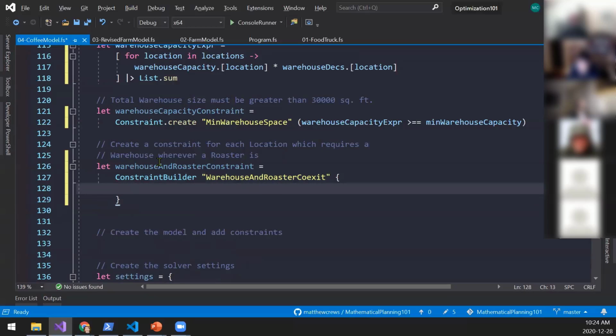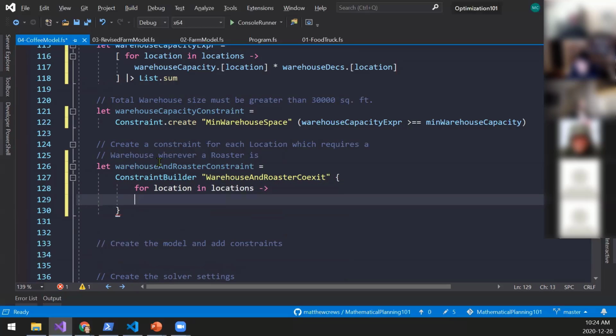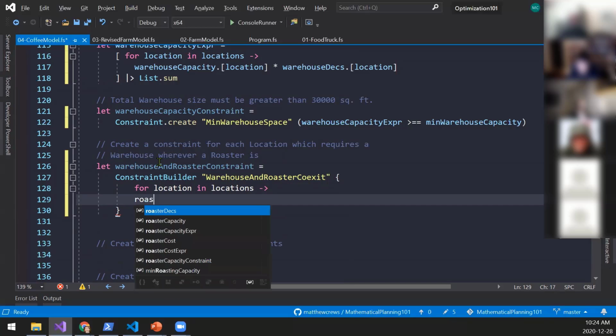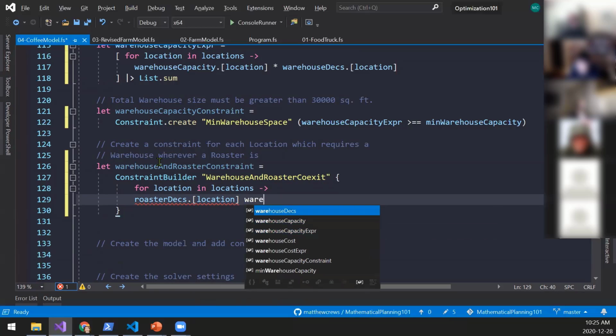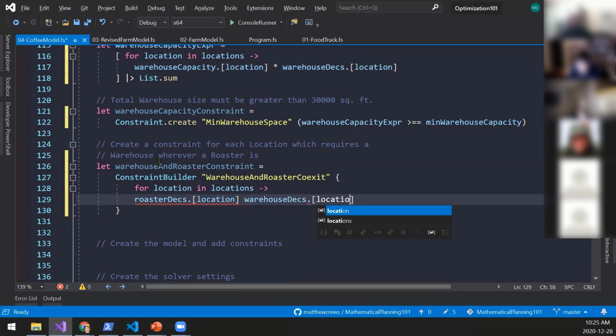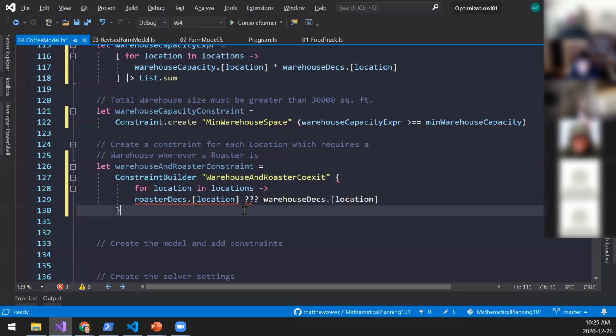How is this going to work? So I'm going to say, for each location in locations, I want to create a constraint. In this case, if I have a roaster decision at a location, and I have a warehouse decision for a location, these things need to relate to each other in some way. Okay, so let's talk through this real quick.